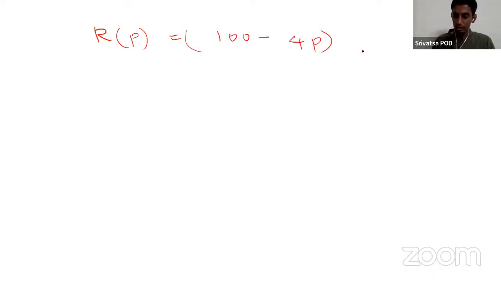You have the revenue function equal to (100 minus 4p) times p. You intend to maximize this. So before doing that, let me simplify. It is 100p minus 4p squared. Now, if we take the first derivative of R(p)